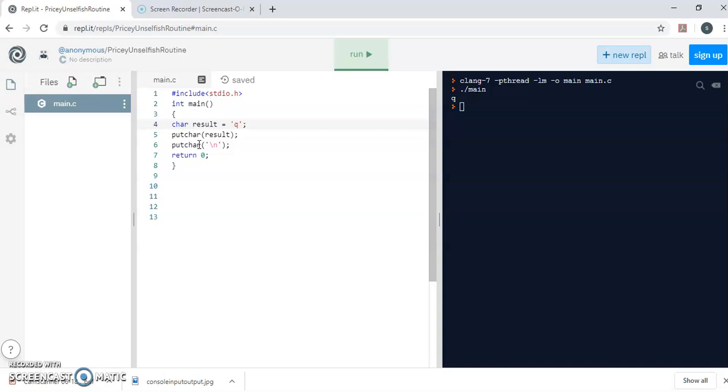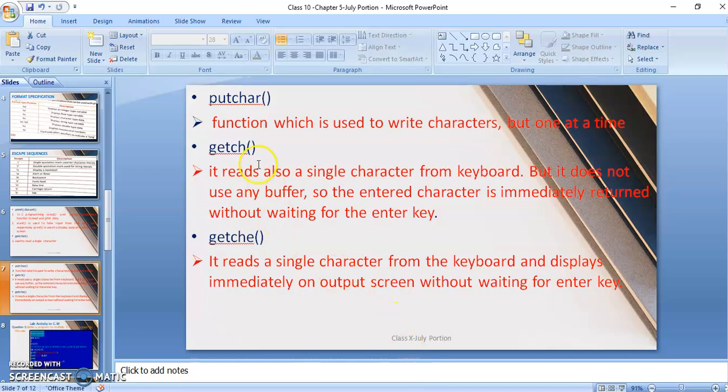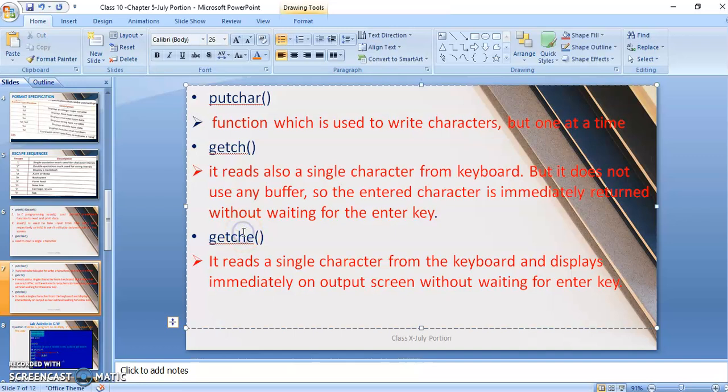Now only two topics are left. One is getch and the other is getche. This getche is the same as getchar. So you might be thinking, then what's the difference? The only difference is that while reading the input, it echoes the character which has been typed on the screen. And what is getch? It gets a character from the keyboard but does not echo. So getch does not echo. The E is over here for you to easily remember. E is over here, right? So it echoes. Just like that you can recollect.